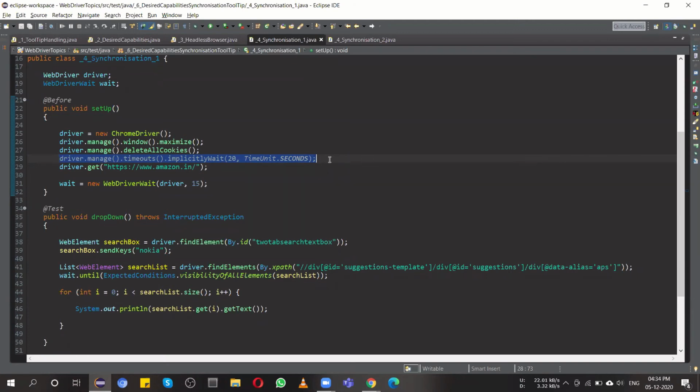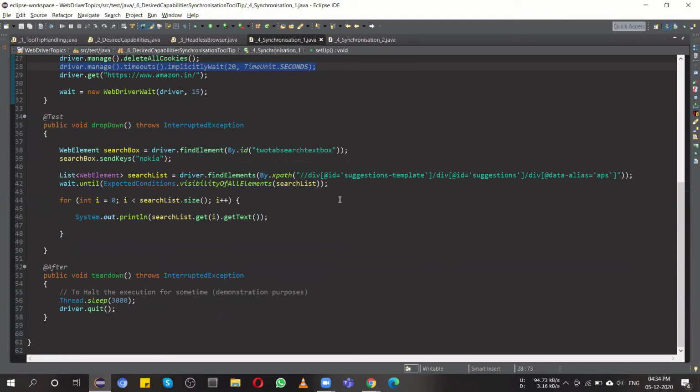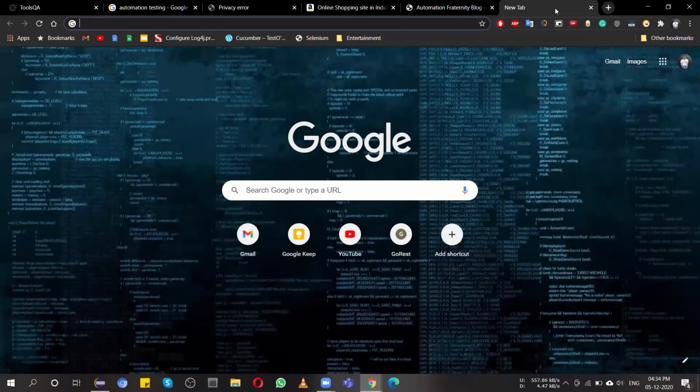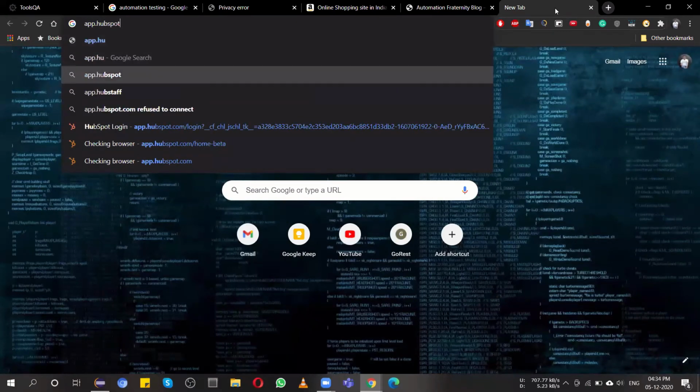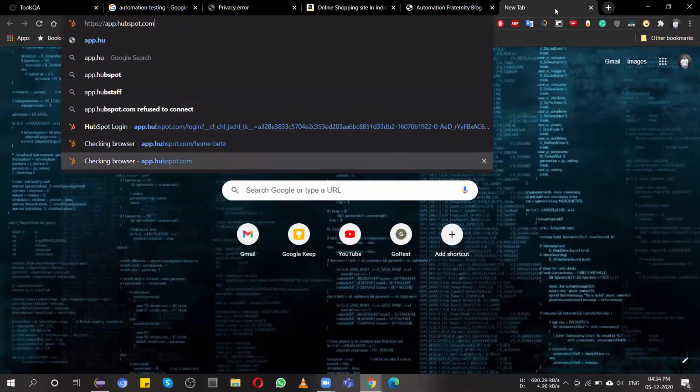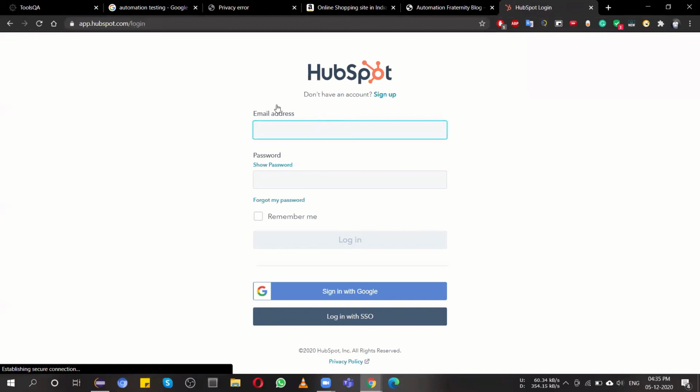For that, just a rough example over here, which is the website. Give me a minute. What is the name? Okay, this one. I'm just giving a manual scenario for this one.